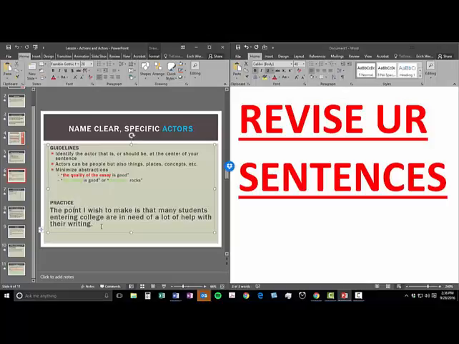But if you take just a little bit of time thinking about, for example, actors and actions, you can make a big difference. If you need more help with this, I suggest rereading Lesson 3 in Style